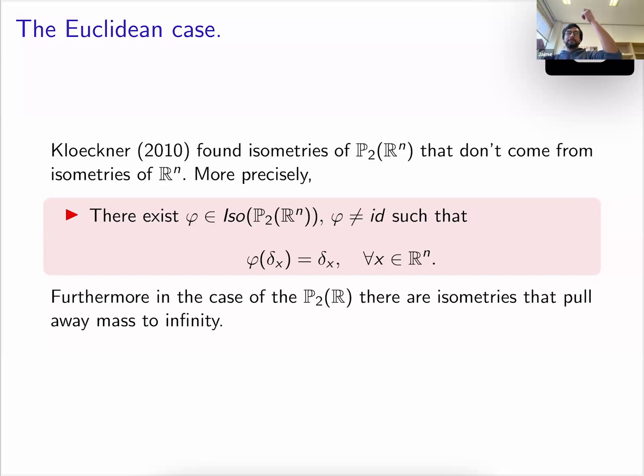And what's even more surprising is that if you take the line, then there are some isometries that actually do some quite surprising things. That is, they pull away mass to infinity. And this is what I want to describe now. What do I mean by pulling mass away to infinity? And to do so, I will need to introduce two